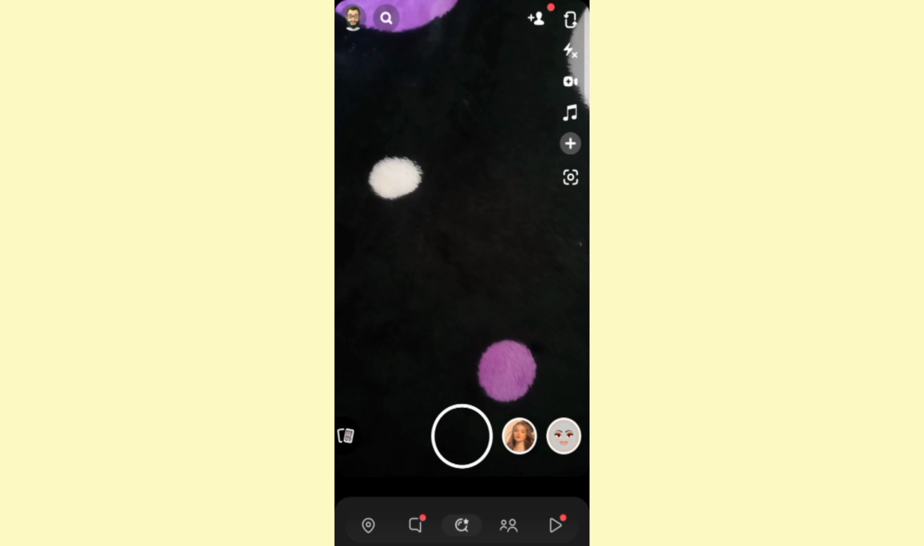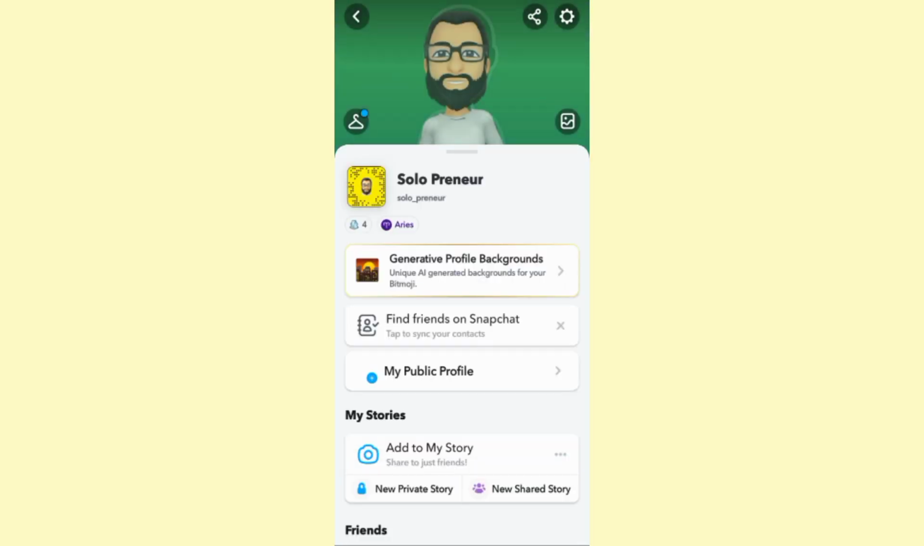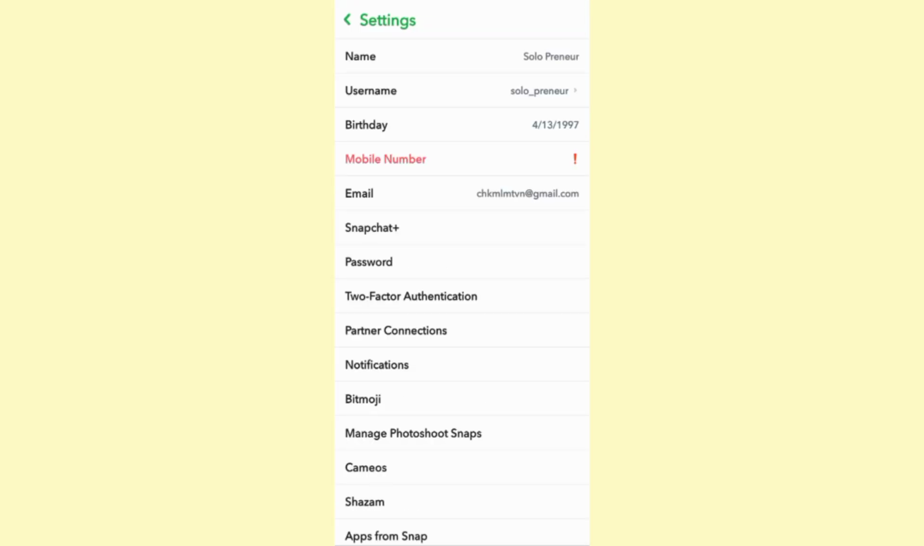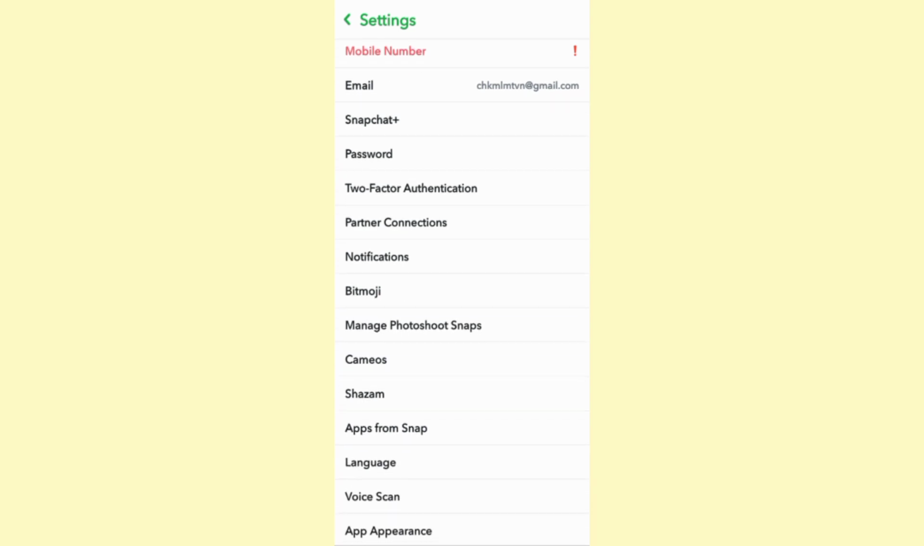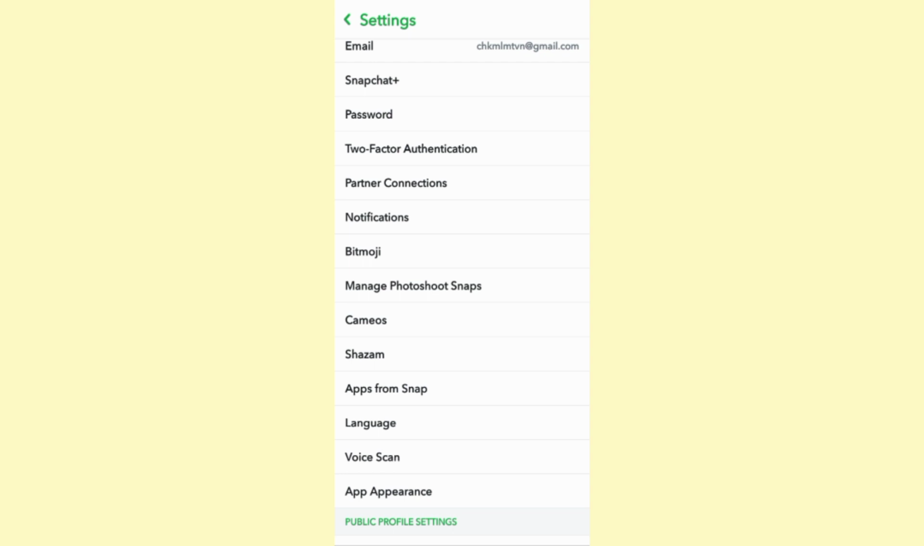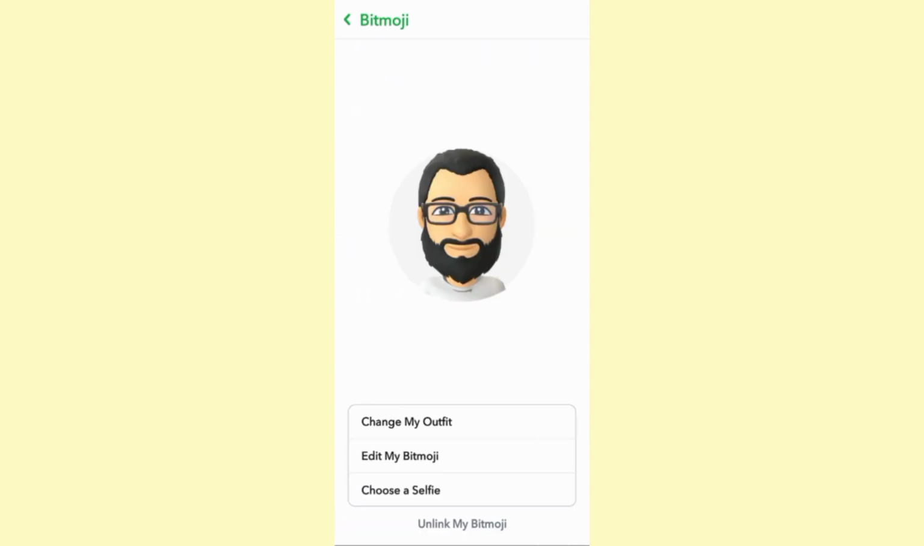And once you do that, click on the profile or avatar icon at the top left corner. Once you are on this page right here, click on the settings gear icon at the top right. Now, once you do that, you will get to this page where you will need to search for Bitmoji from the first section. Once you find it, just click on it and you will get to this page right here,